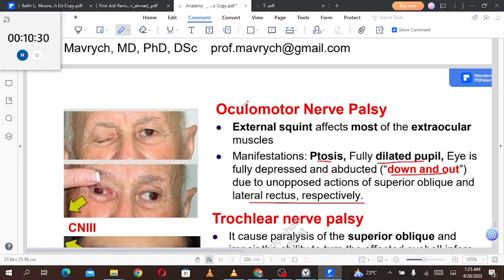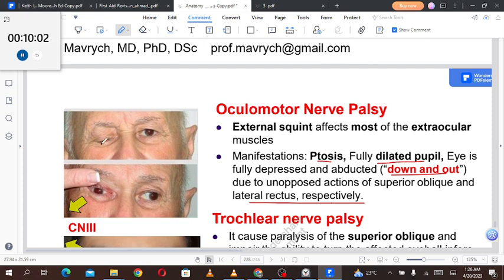So that makes sense. Listen. The oculomotor nerve is supplying most of the extraocular muscles except for the lateral rectus and the superior oblique. The function of lateral rectus is to move the eye outwards, right? So if the oculomotor nerve, cranial nerve 3, is damaged, the medial rectus that was being supplied by the cranial nerve is lost. Now the lateral rectus activity is unopposed and the eye is moved outwards. That is external squint. In the case of external squint, there are a lot of manifestations which include